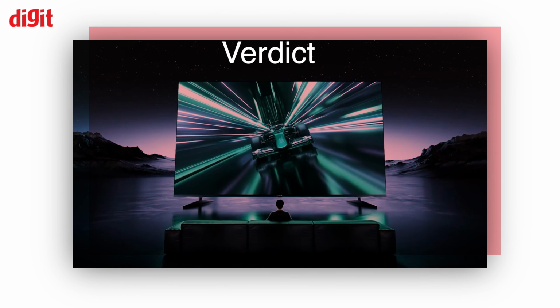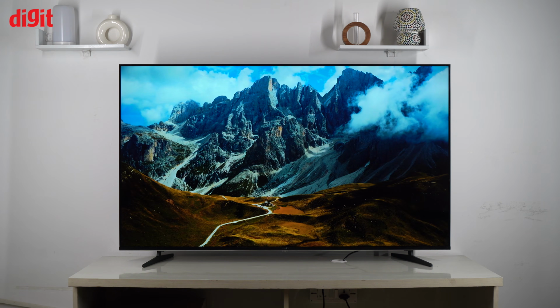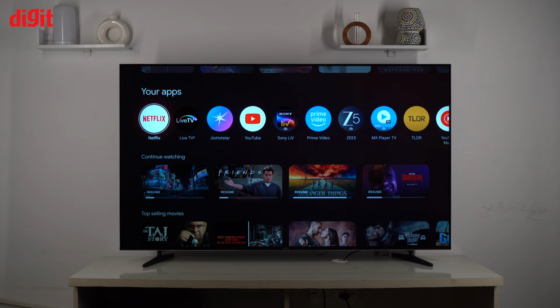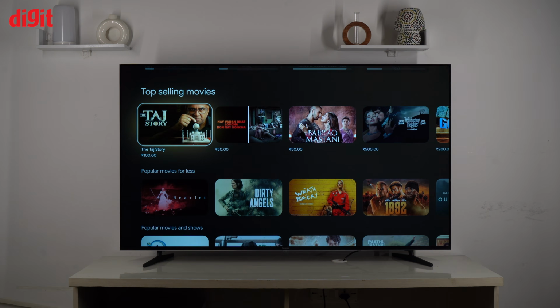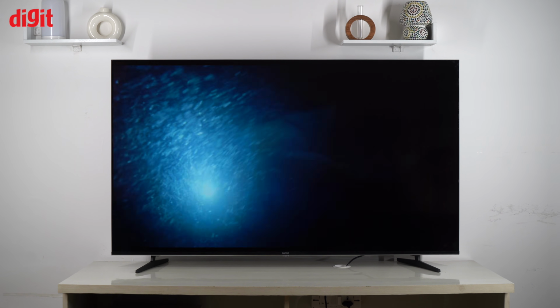So, should you buy the Lumio Vision 9? Well, here's the thing. It is not perfect, but it gets a lot right. You're getting a bright and immersive mini LED display, strong gaming performance, noticeably better sound, and a smooth software experience. On top of that, Lumio is clearly trying to innovate with features like TLDR and Project Neo, which is refreshing to see. At the same time, HDR inconsistencies and slightly off-color tuning hold it back from being a complete package,